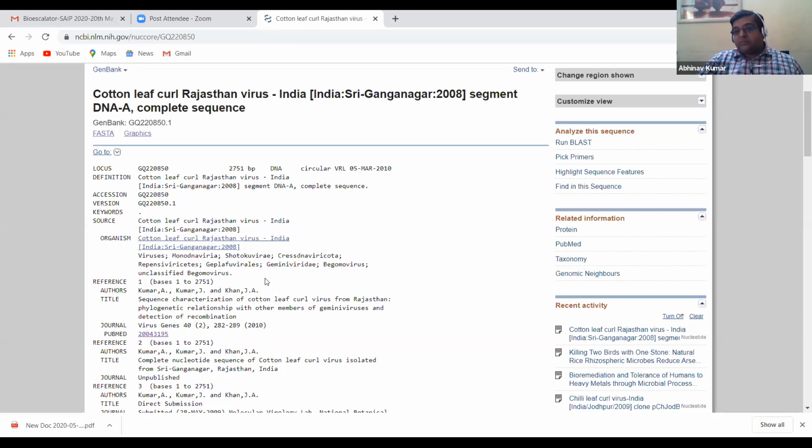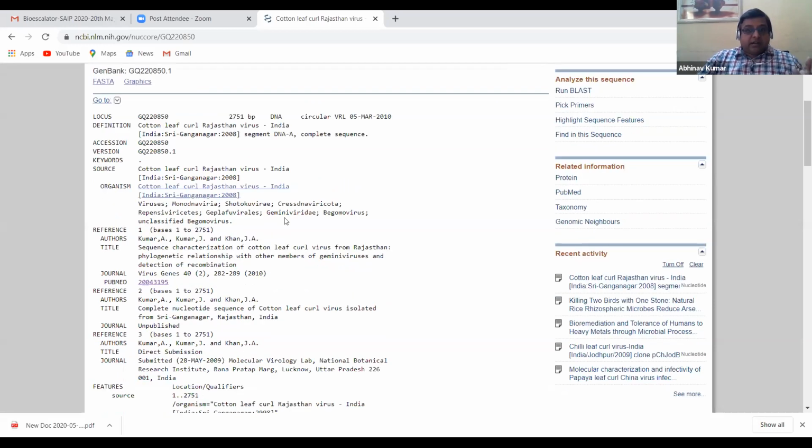You can go and read the paper. Without using PCR, I amplified the whole genome and cloned it in pBluescript SK+ and went for the Sanger sequencing method. Actually, I'm not going into the procedure which I used to clone this segment of the virus. The only thing is, you can gain some knowledge from it. When you submit any stretch of DNA or a genome after analysis, you will get one accession number. This is your permanent number through which your sequence is identified.